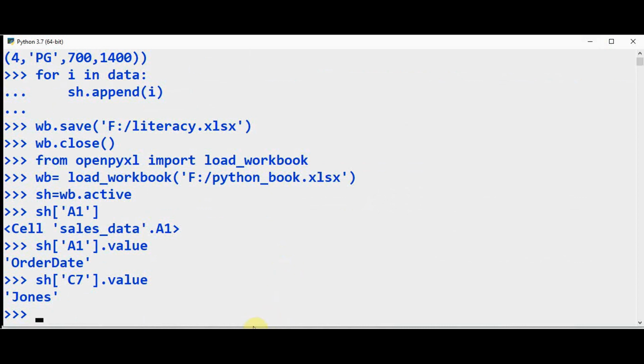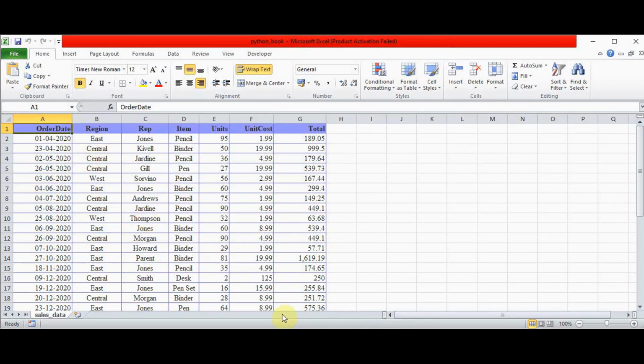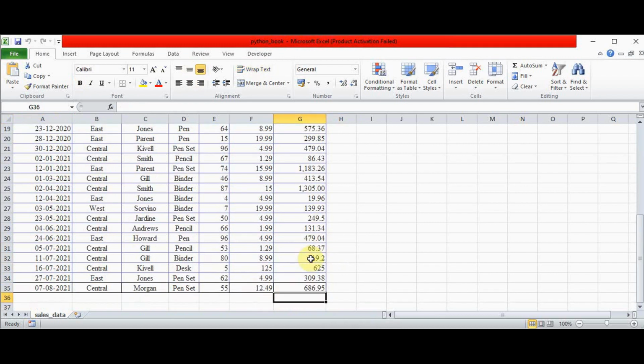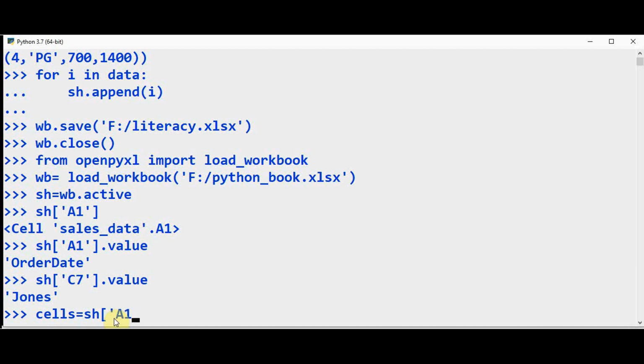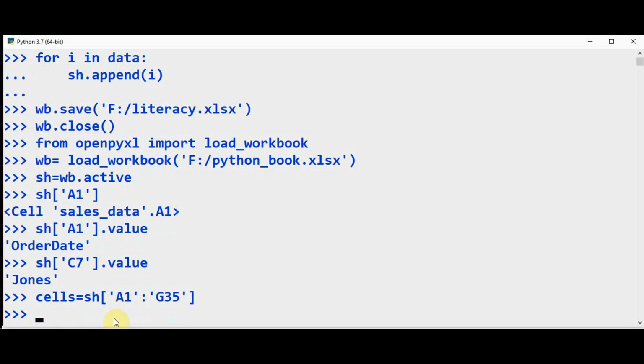In case you want to read multiple cells, using this statement, cells is equal to sh of, let us take from cell A1 till the last value G35. A1 colon G35 is stored in cells. Now you can use a single for loop and retrieve the required values.